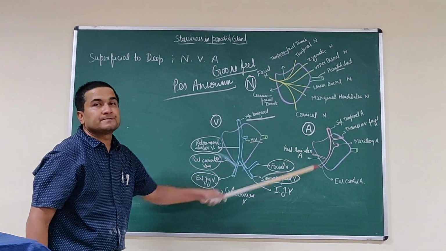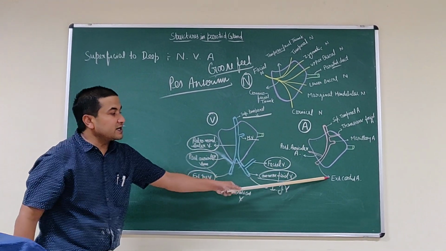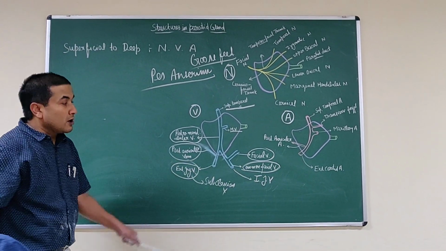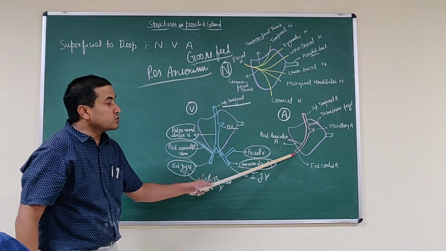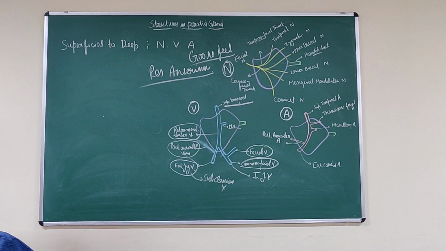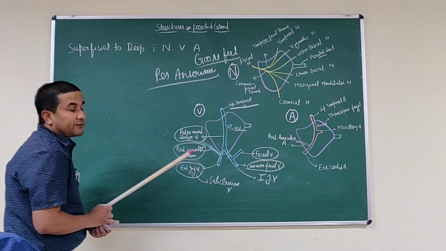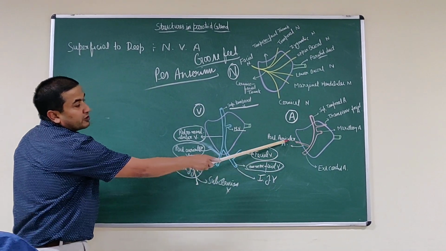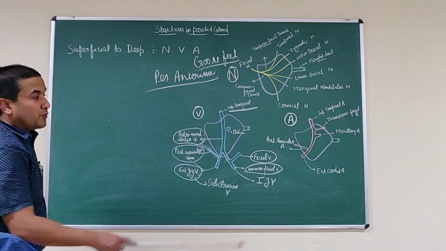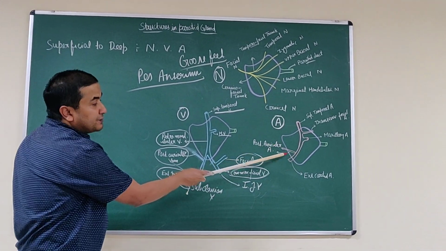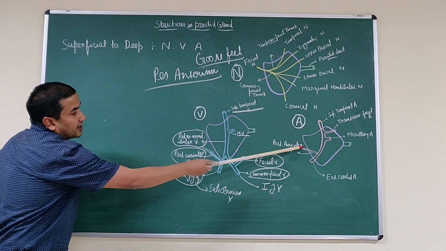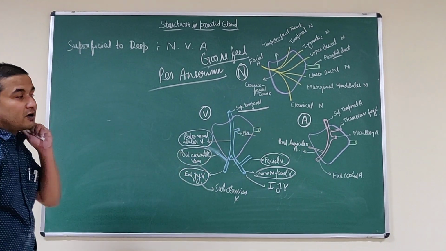Now the artery. The artery is the external carotid artery, which is the terminal branch of the common carotid artery, which enters the parotid gland through the lower part of the posteromedial surface. It gives 3 branches. The first is the posterior auricular artery, a branch of this external carotid artery, which emerges from the gland deep to the posterior border. This is the posterior border.